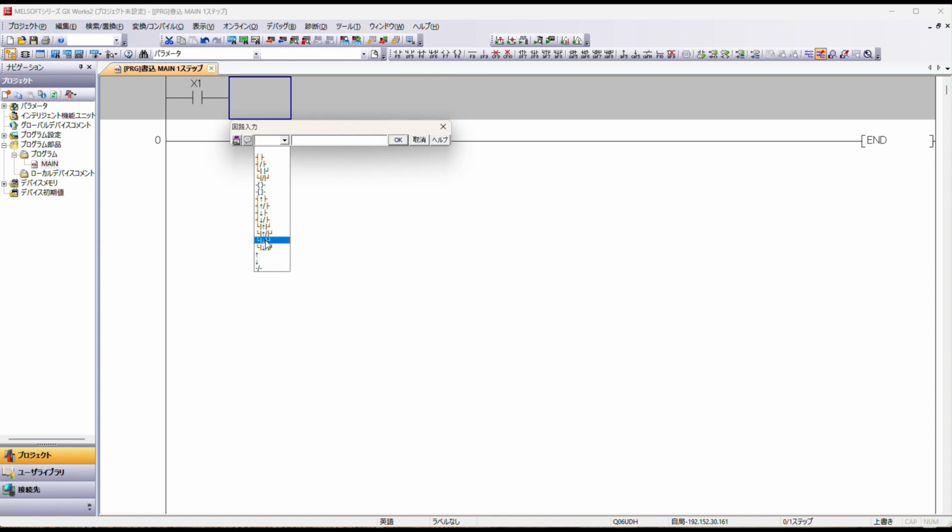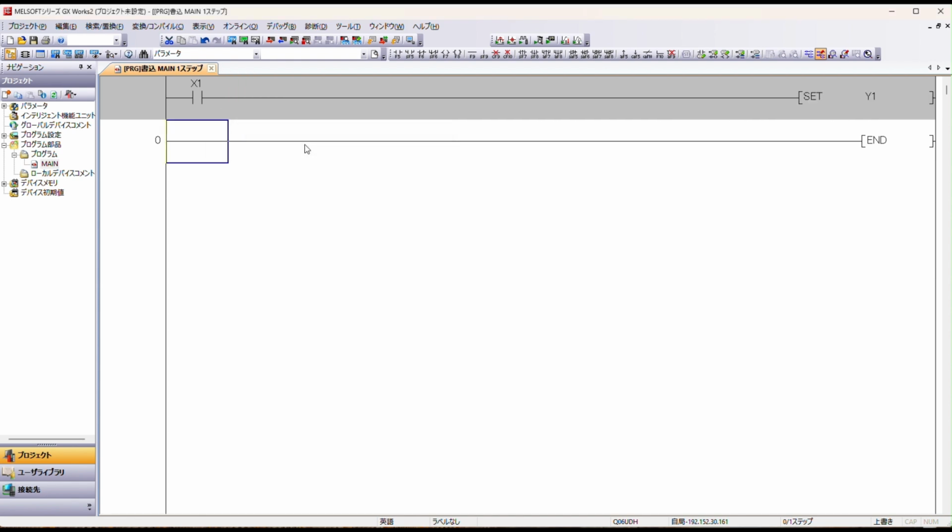Here, select the application instruction symbol from the drop-down menu, then use the instruction SET and the output address. Let's say Y1 is our output address. In this case, make Y1 on when X1 is on, and set the value of Y1 on unless it is